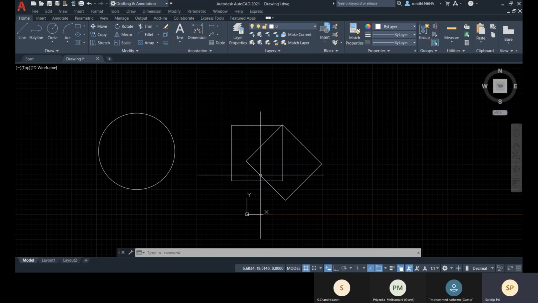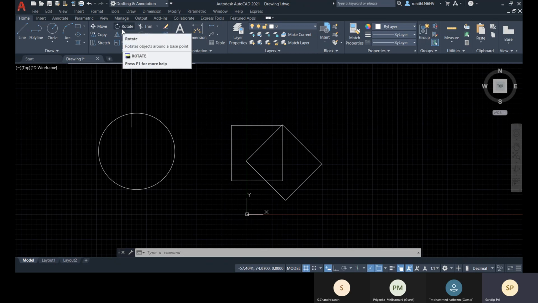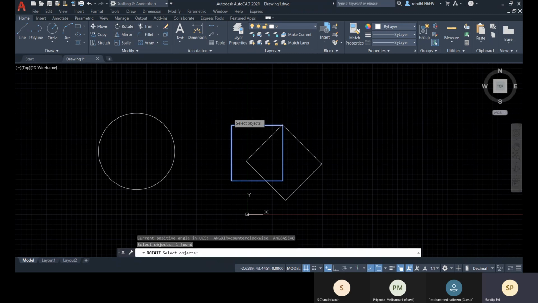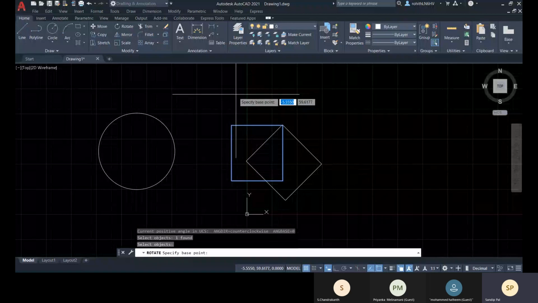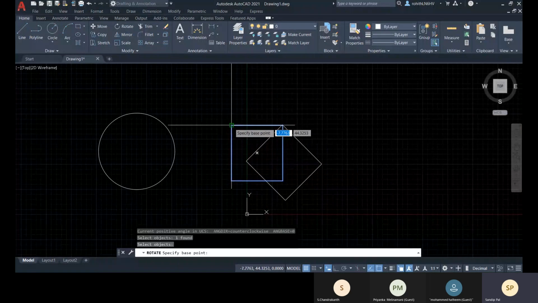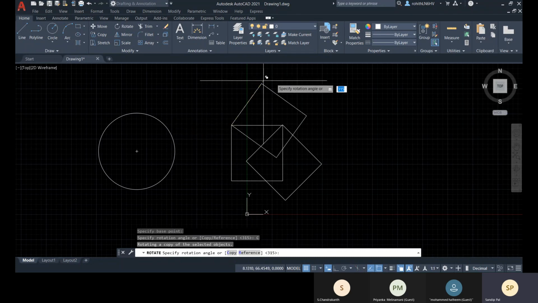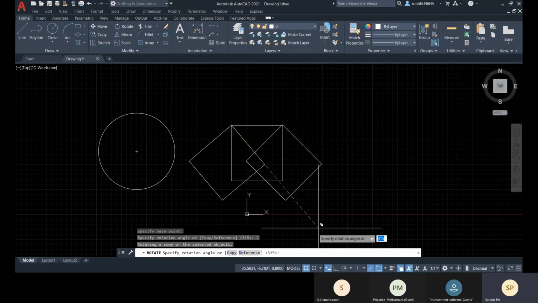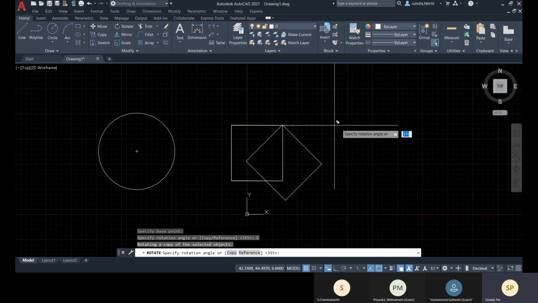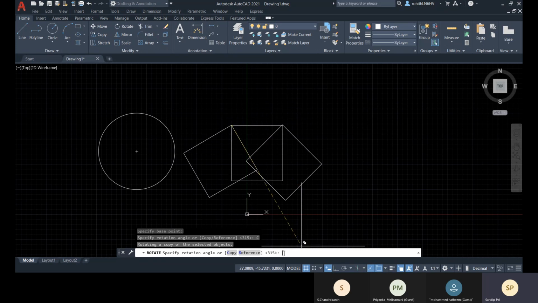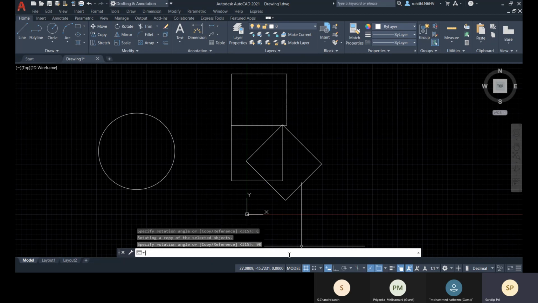So that's very simple. Just go for rotate, select the object, enter, then specify the base point, then go for copy or C, enter, and then specify the angle. Here you can specify like 90, right, like this.